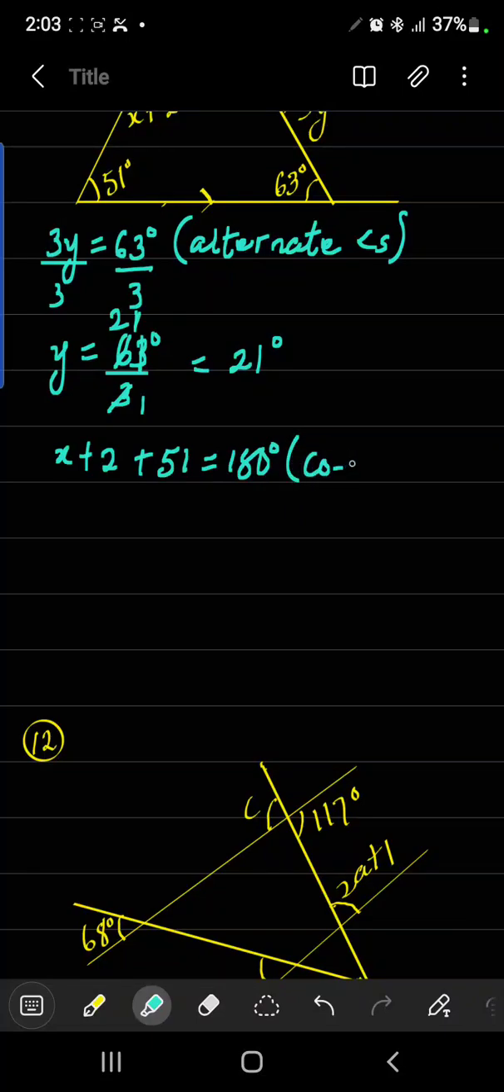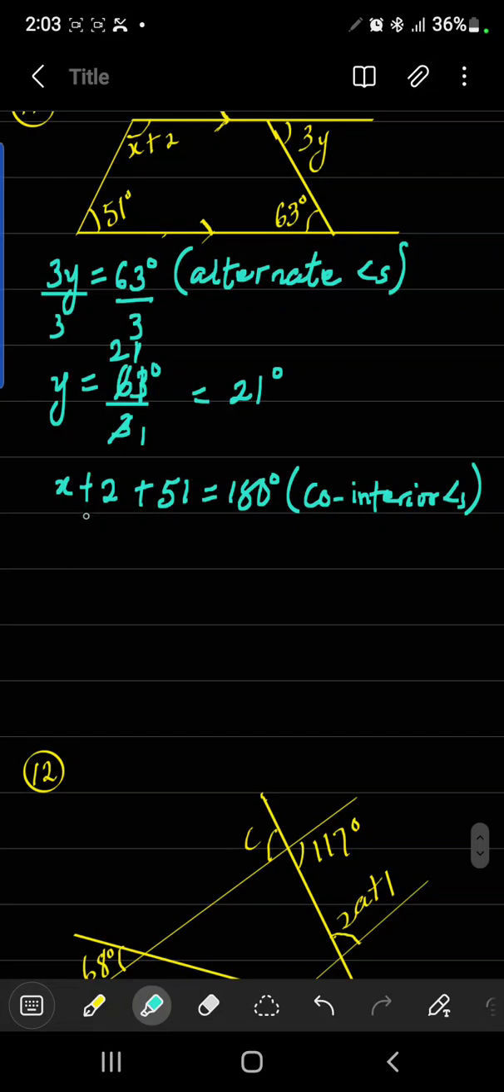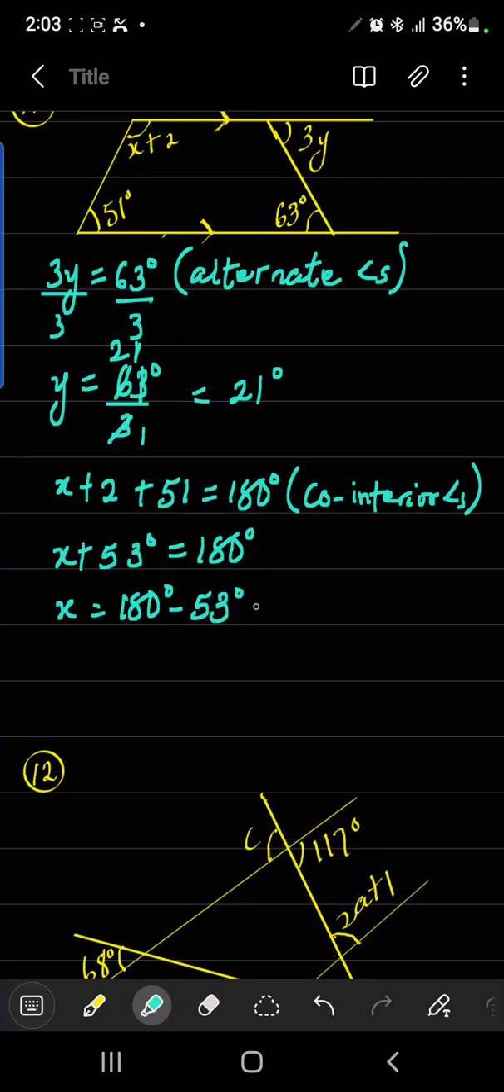You write co-interior angles there. Please, I just shortened this word angle. You can spell it out, ANGLE, just because of space. Good. So let us continue. So that is what? x plus 53 degrees equals 180 degrees. So x equals 180 degrees minus 53 degrees. What is 180 minus 53? That is what? 127 degrees. So your x is